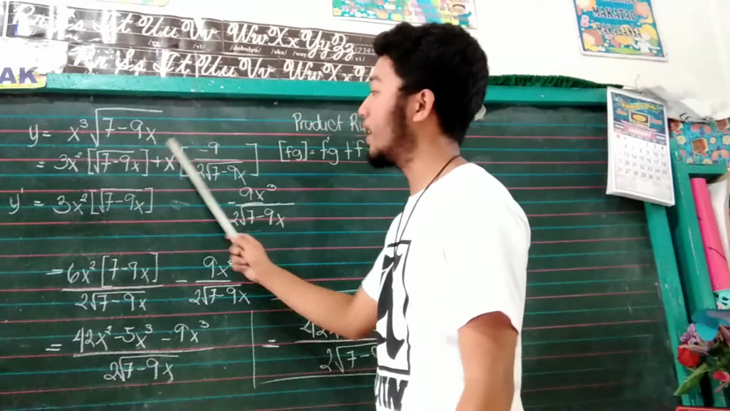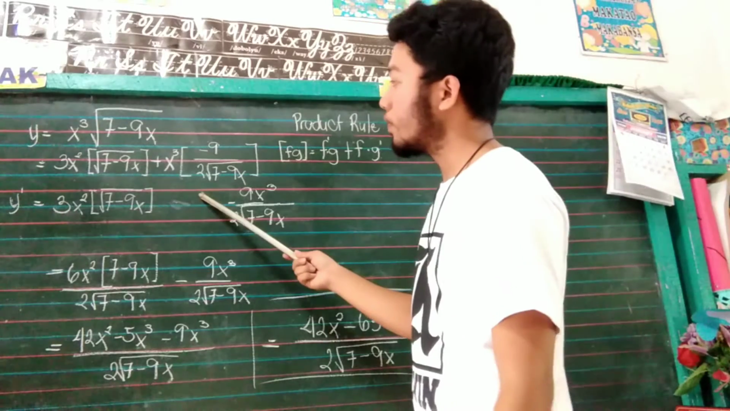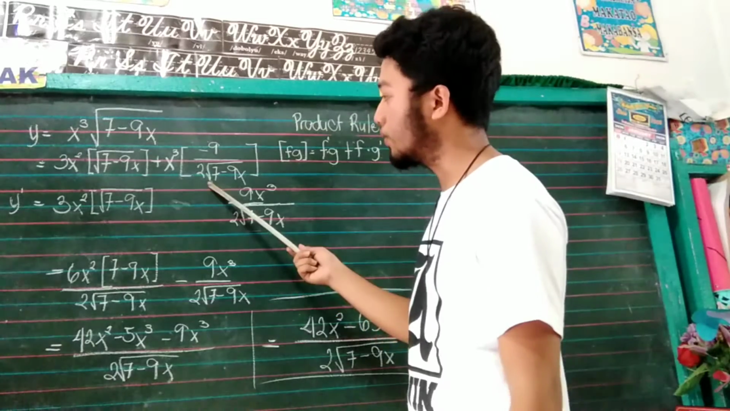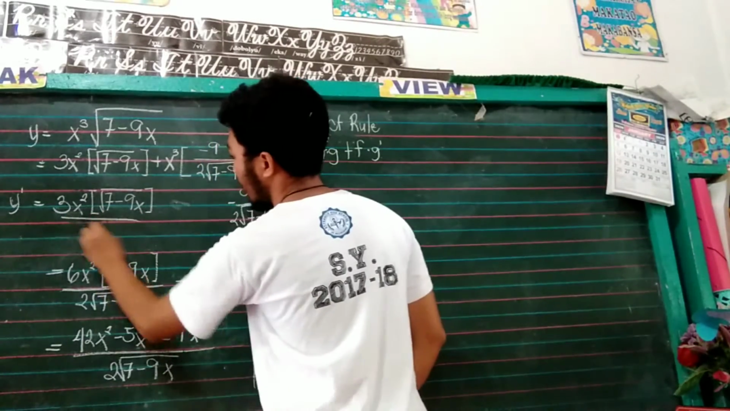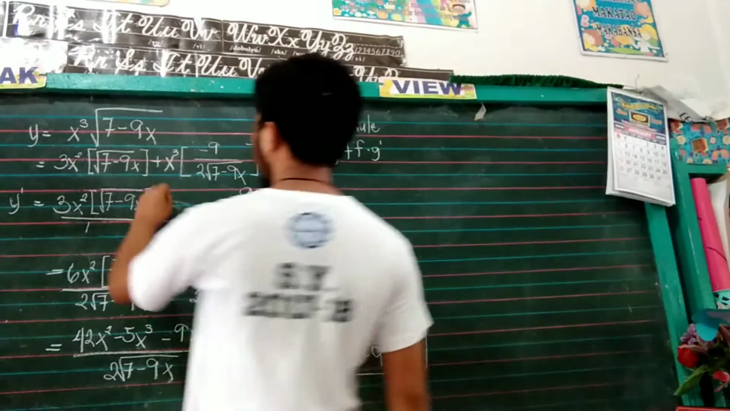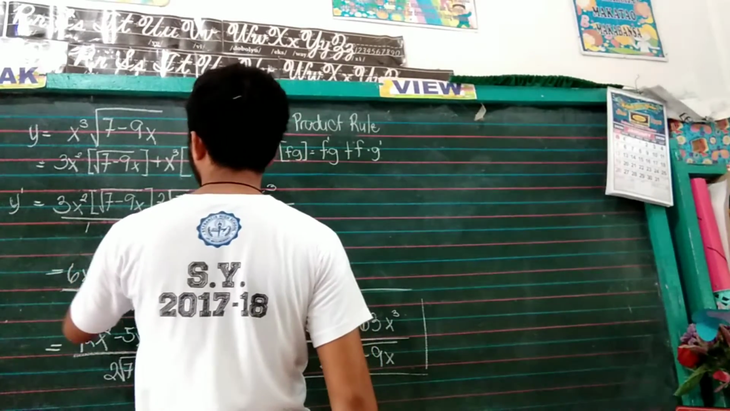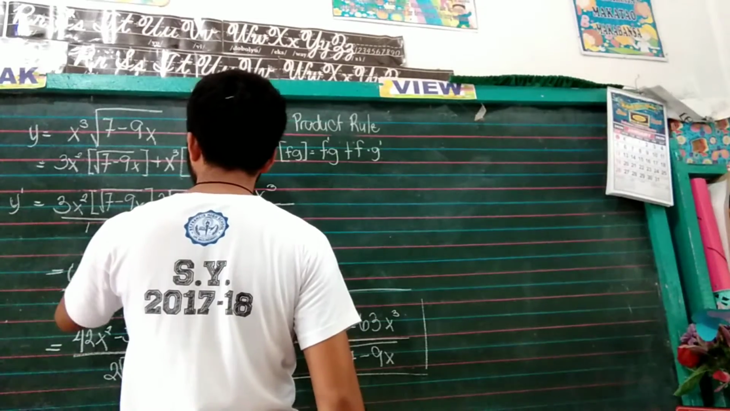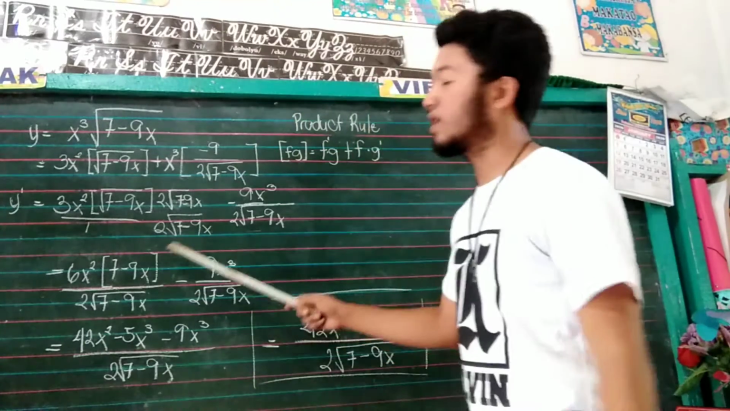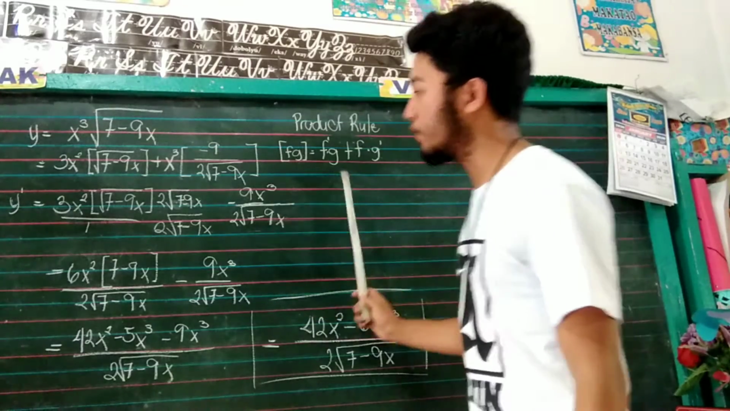So actually, this can already be the final answer. But to simplify it further, if we want to, we can get the common denominator. So by doing so, assume that we have 1 here. And we need to multiply the common denominator. So it will become 2 square root of 7 minus 9x and 2 square root of 7 minus 9x. So this is now the function. So we need now to substitute. To substitute it further,